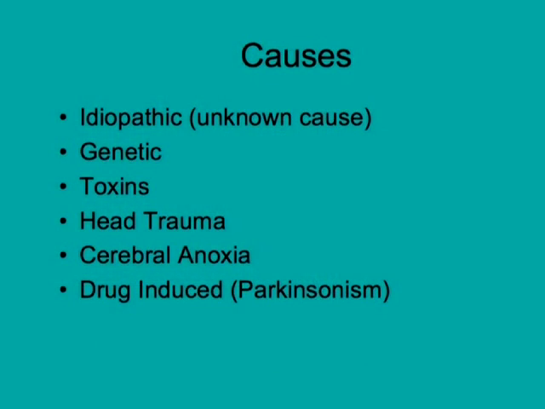Basal ganglia is considered one of them. If there's no oxygen to the brain, that part of the brain gets destroyed. The cells do not function. And once the cells in the brain are destroyed, they cannot be replaced. That's considered permanent destruction of that cell. It's very commonly seen in people who have carbon monoxide poisoning, where you can see on the scan there will be an effect on the brain in the basal ganglia, showing that there is a part of the brain that has been destroyed. So that can lead to Parkinson's disease. This is considered a secondary cause. This is not the primary disease itself.